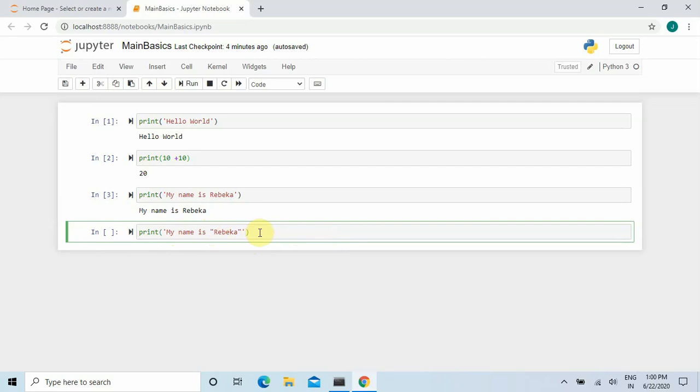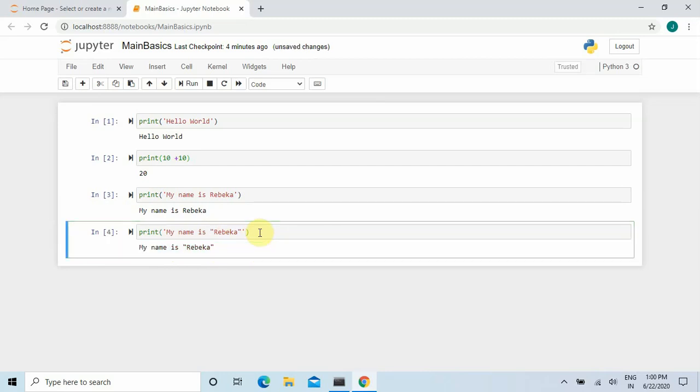Okay, if I run this cell, with control enter, my name is Rebecca. So you can see here that Rebecca is enclosed within double quotes. In this way you can print anything within double quotes if you want in this Jupyter notebook.